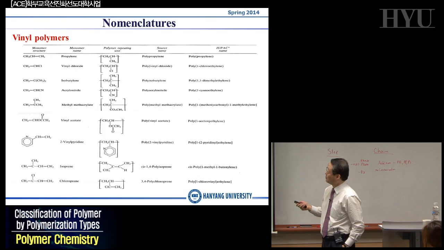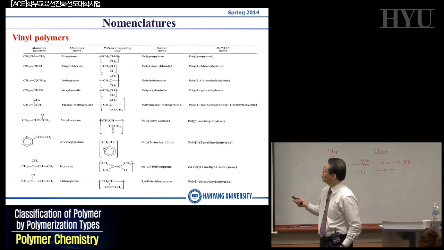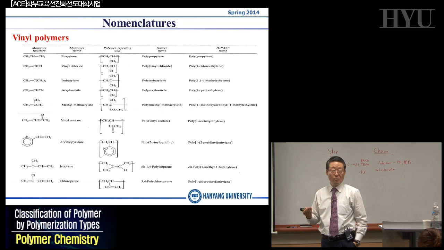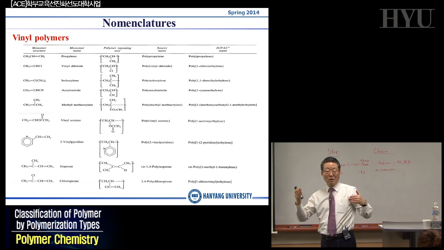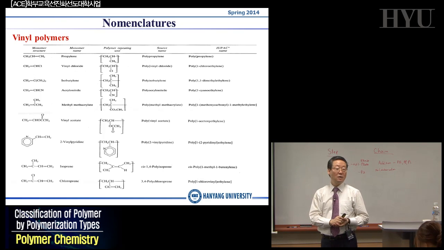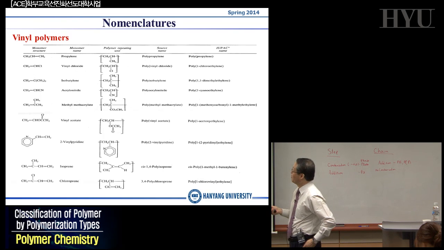If you know the name of the monomer, then you will be able to name your polymer. Just like what I have described in the case of acrylic acid or the methacrylic acid and so on. So for example,